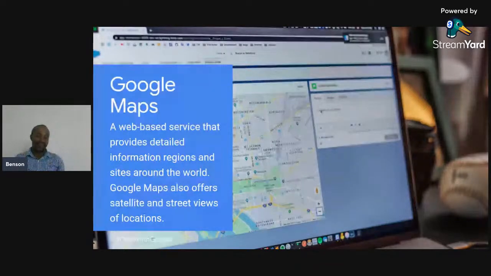So Google Maps offers a series of satellite views of many places, and you can get a view as the normal map view, or even the satellite view, that can give you the real pictorial idea of where you are searching for. And many of us, I believe, have heard of Google Maps or have used Google Maps in one way or the other. And Google Maps is not only useful to people on the road or those looking for direction, it is also useful to business people,